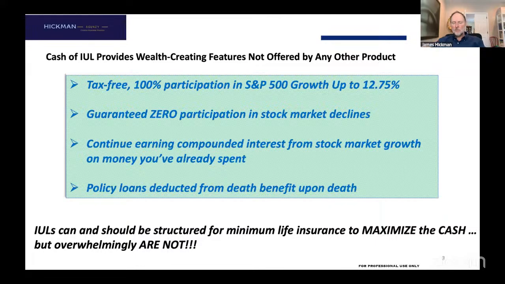Well, if I get up to 12.75% a year, minimum 0.75, what does that average out to historically? North of 8%. Now, it may not do that in the future, but that's what it's done. Well north of 8%, probably closer to 9% actually. So if that's my average year of returns, and they're only going to charge me, say, 5%, I'm netting 3.5% income on money that I just took out and spent on myself.